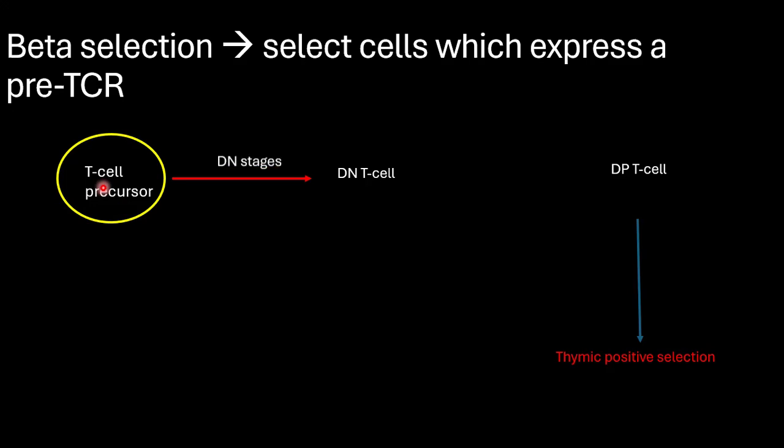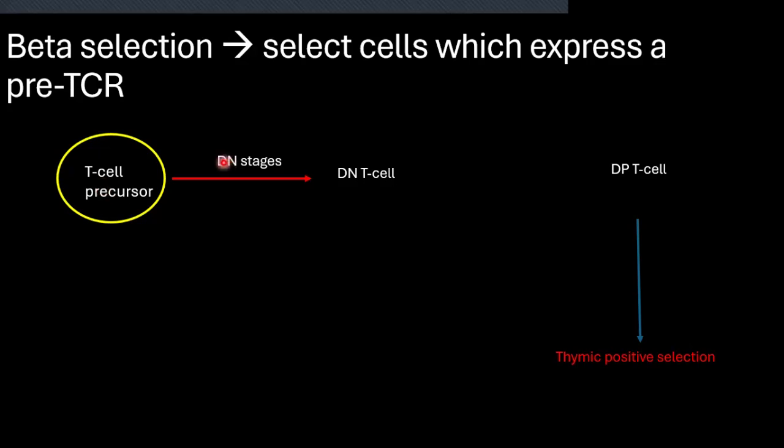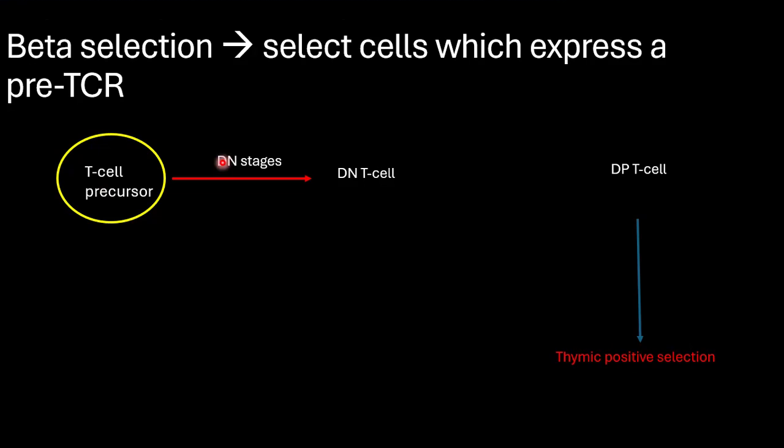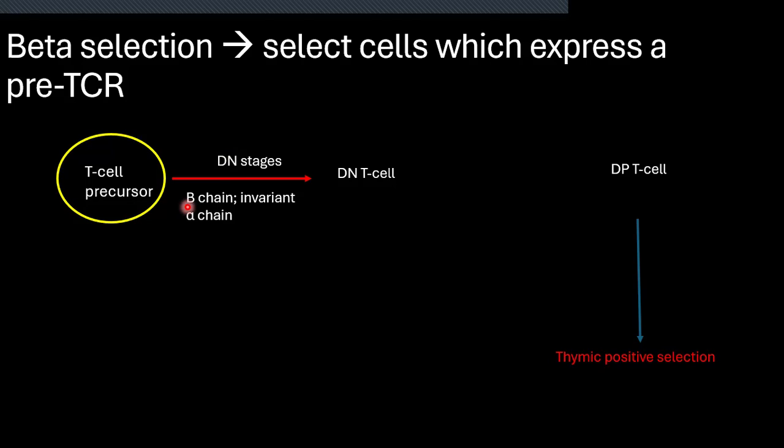precursor cell undergoes the double negative stages. Double negative means the cell does not express the CD4 and the CD8 molecule. So it is CD4 negative and CD8 negative. Those are the double negative stages, and there are four of them, DN1, 2, 3, and 4. But in those double negative stages, a beta chain is formed, and this beta chain binds to an invariant